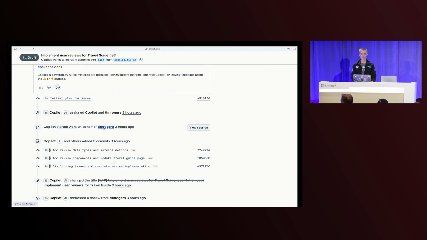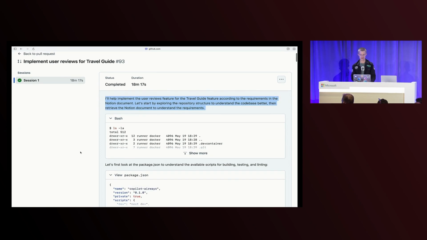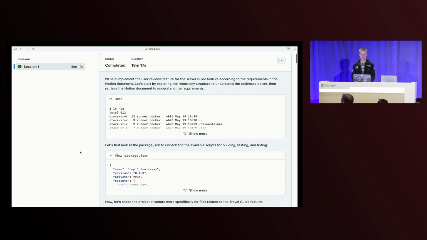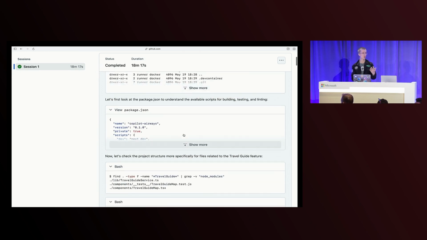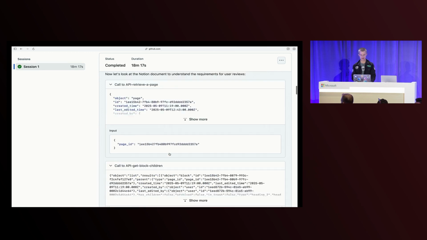While Copilot's working, or at the end, we can click this nice new View Session button to understand what's going on under the hood. In here, we get Copilot's logs. We can see how it thinks and the different tools that the agent uses to explore the repository, understand the problem, that kind of stuff. And if you've used agent mode in your IDE, this will be very familiar, this idea of a train of thought, like the consciousness of the model. So let's have a look at some of the stuff that it does. In here, we can see Copilot running bash commands to look through the repository and understand what's there. It looks at the code as it is right now.